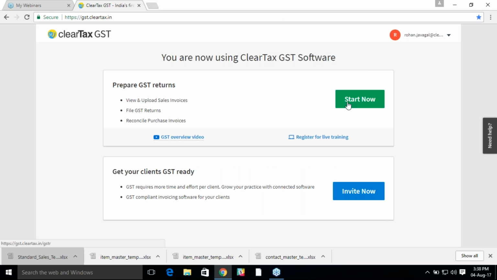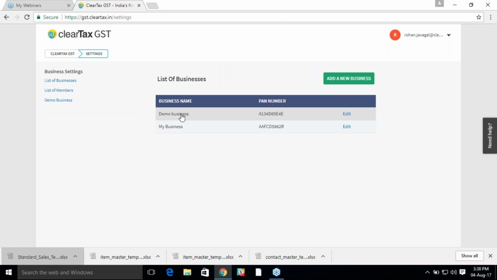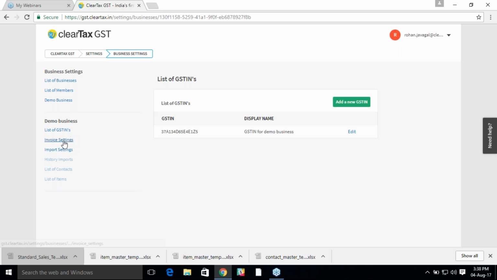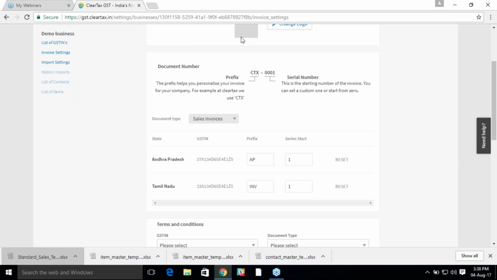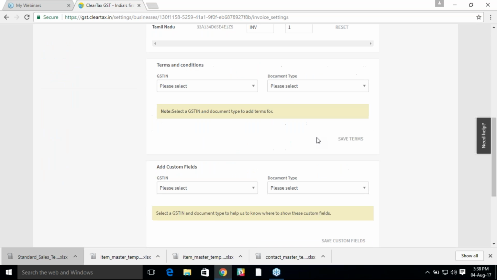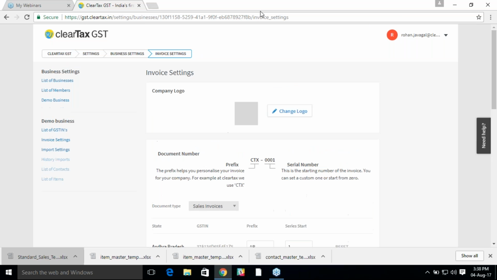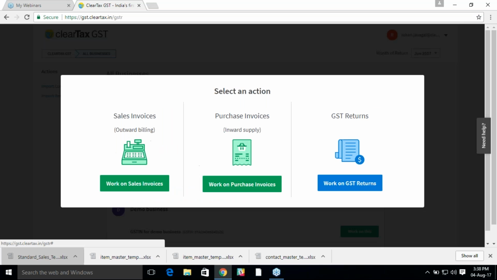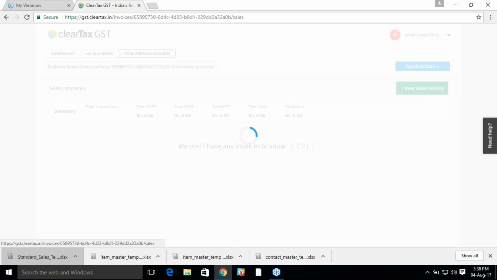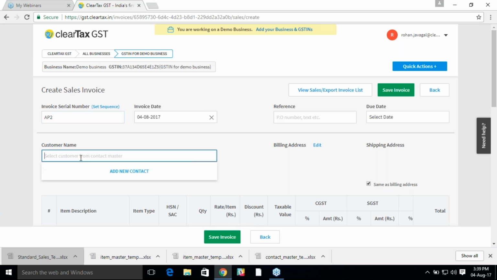Right, I'm just going to summarize again. What we did was we imported the contact master, we imported the item master, we went to settings, we selected a business, right? We went to invoice settings, we gave an invoice code, we changed the logo, we put terms and conditions here, we added custom fields, we added bank details. All right, we went back, we selected work on this business, demo business, selected work on sales invoice. All right, we selected new sales invoice, we added the serial number, customer name,